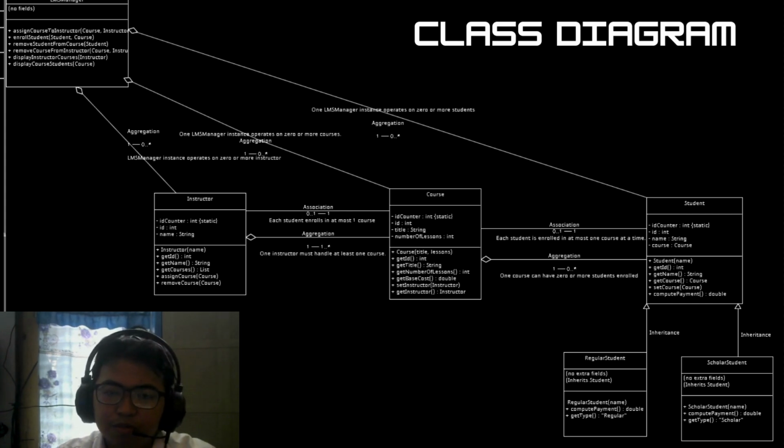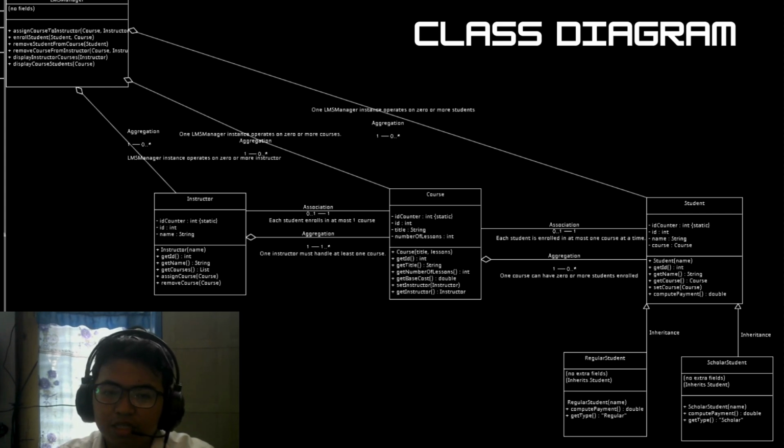Our diagram represents six classes. The first is the LSM manager that controls everything and assigns courses, enrolls and removes students, and displays the data.